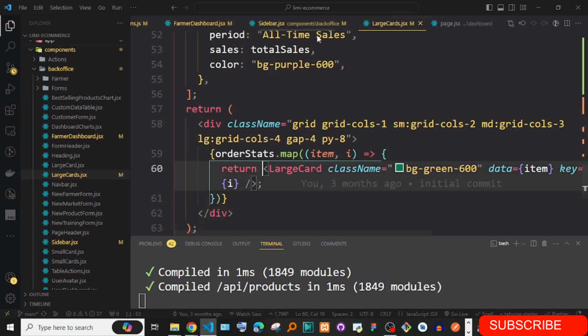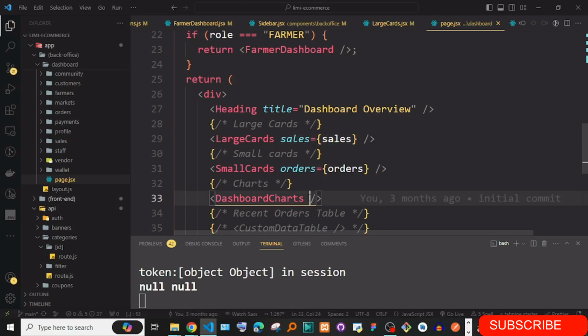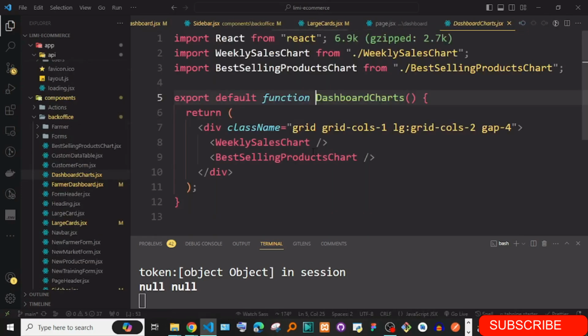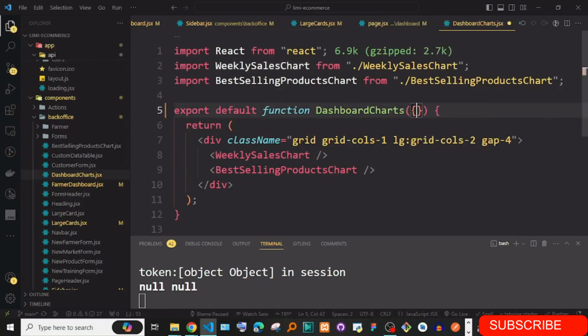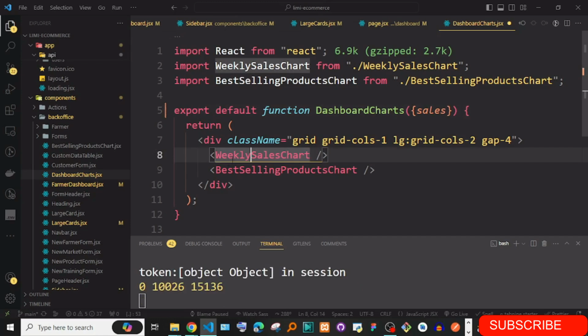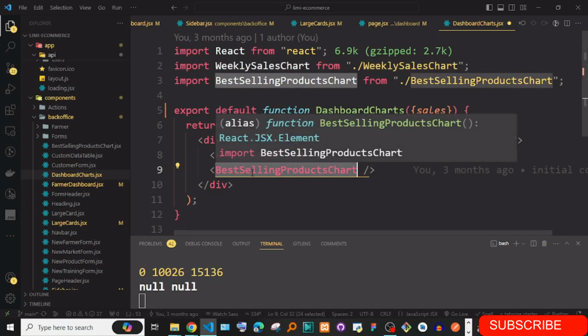So if we just go back to the dashboard, to the charts, maybe you can pass in the sales. Okay, we can pass in the sales just like that, and maybe even the orders. But I think just sales is enough. Just go to this side. So we have the weekly sales, you can receive these sales here. Okay, you can pass in these sales. Now we have this weekly sales chart, and then the best selling